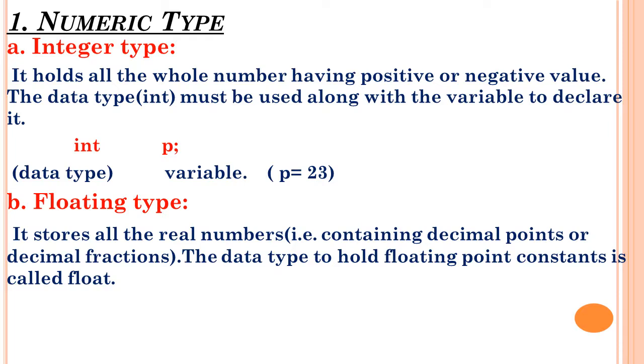For integer we are using the data type int, right? Here for a variable, if you are going to store a value like something point something, we have to use the data type float. For example, if you are going to add two floating point variables, a equals 23.5, b equals 2.5, we have to use the data type float. How to write float p? Float is a data type, p is a variable. What kind of value will p store? P will store a real number, example 2.5. This is about numeric type.